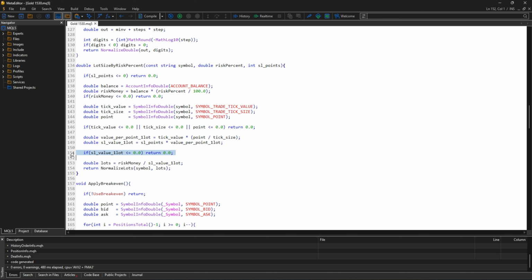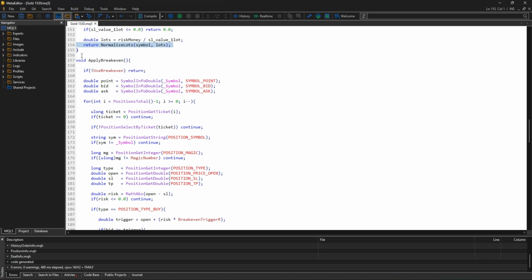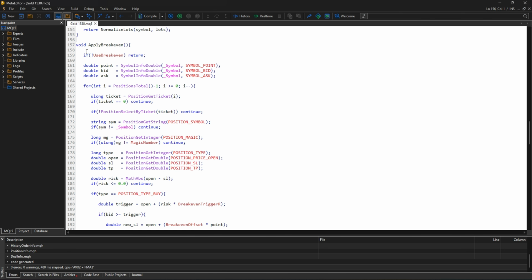If that value is 0 or less, we return 0, and then we divide the risk amount by the stop loss value for one lot. That gives us the lot size needed to risk exactly the chosen percentage. And finally, we pass that lot size into normalized lots, so the final volume is valid for the broker. And so this function is what converts a stop loss distance into a proper position size based on your chosen